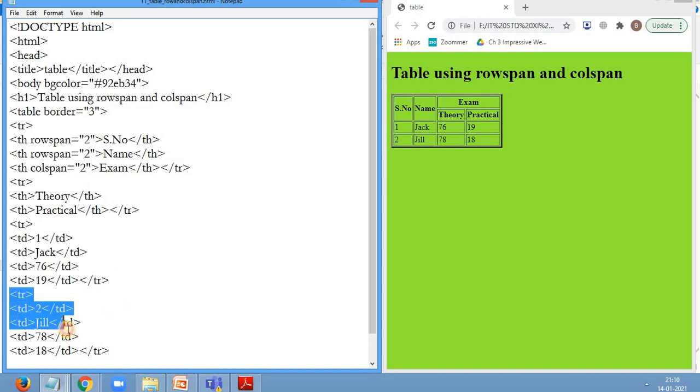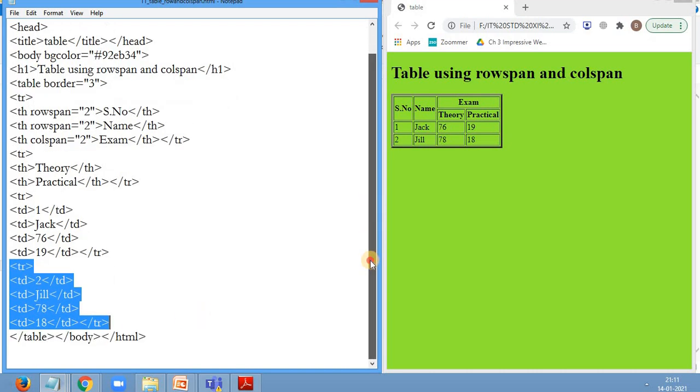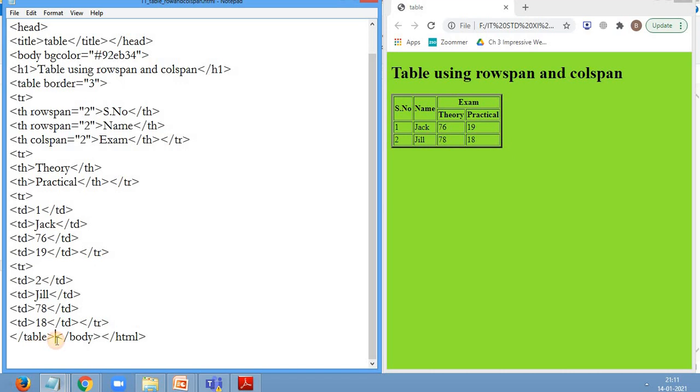Similarly, we have written the data in the third row for 4 different columns: Td 2, Td Jill, Td 78 and Td 18. So we complete all the rows. We close the table tag, we close the body tag and we close the html tag. Thus, in this example, we have seen for merging rows, we use row span. For merging columns, we use